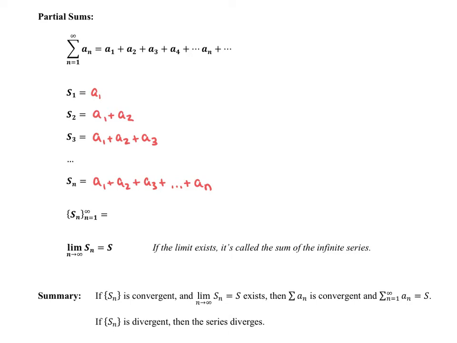Now, we're going to list out the partial sums as a sequence. So again, the partial sums, so this sum, I don't know what that is. Whatever that value is, it's a number. This second partial sum is going to be the addition of the first two terms. That's going to be a number. The third partial sum is the addition of these three terms. It's going to be a number. So in other words, all of these partial sums are simply numeric values, and we're going to list those